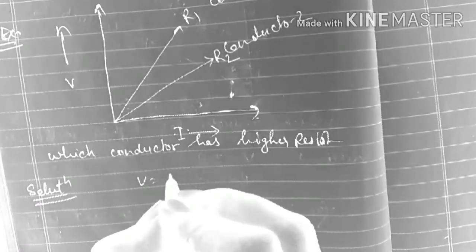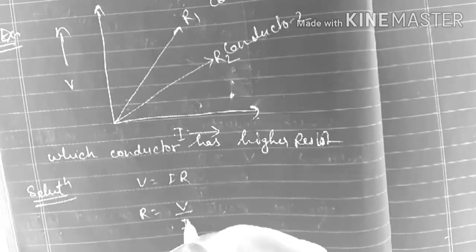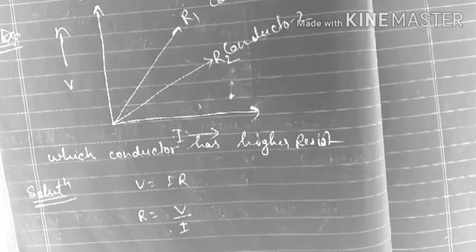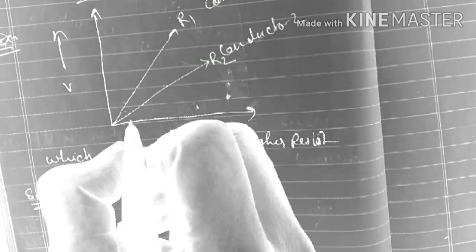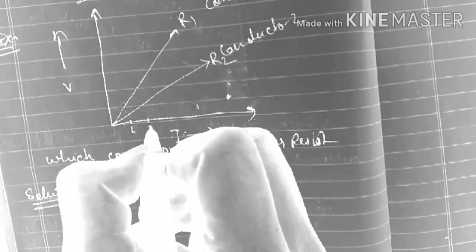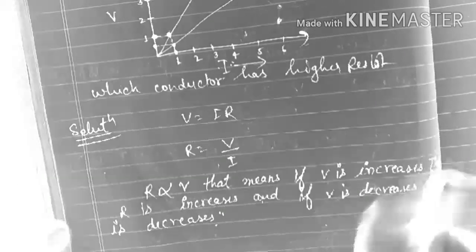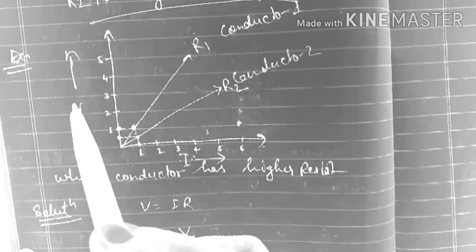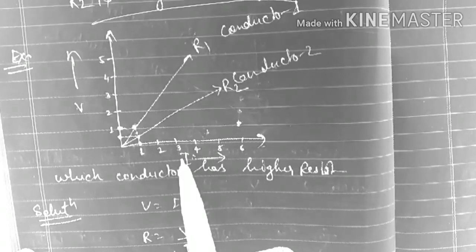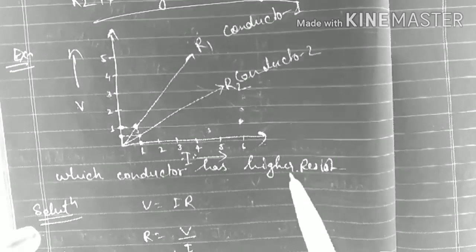we know that V is equal to IR, R is equal to V by I. Okay, on the x-axis I. Suppose that it is our 1, it is our 2, it is our 3. So our example is this. On the y-axis we take V, and on the x-axis we take I. Which conductor has higher resistance? So